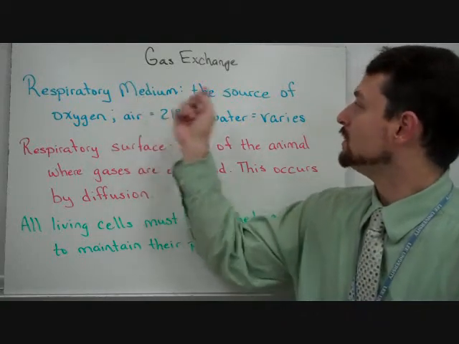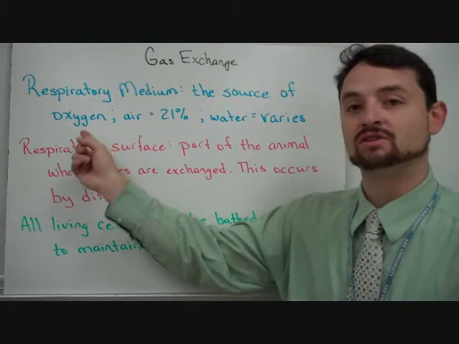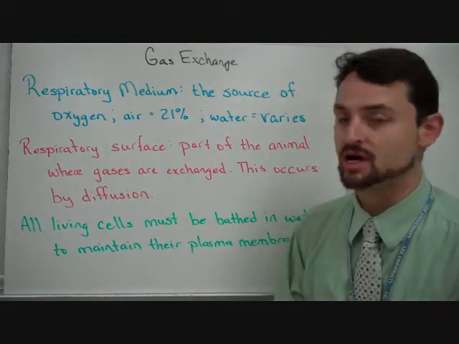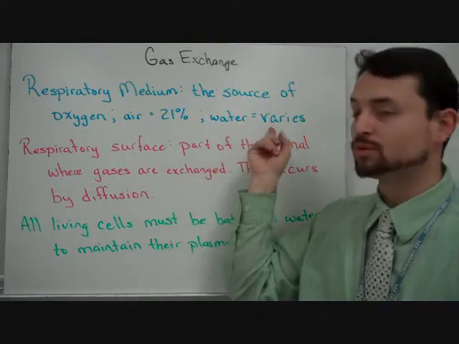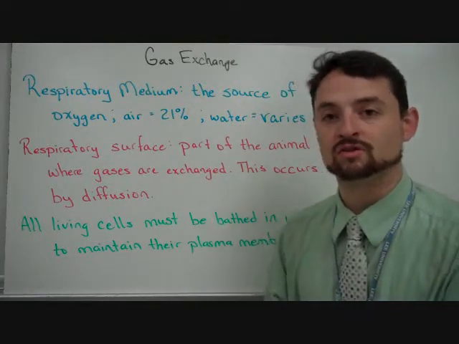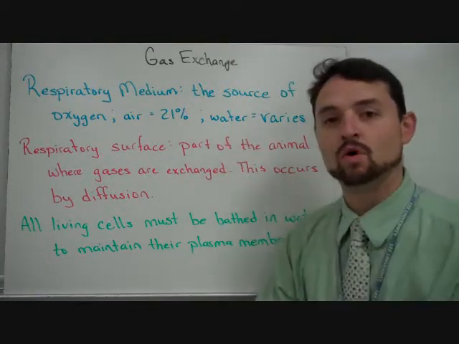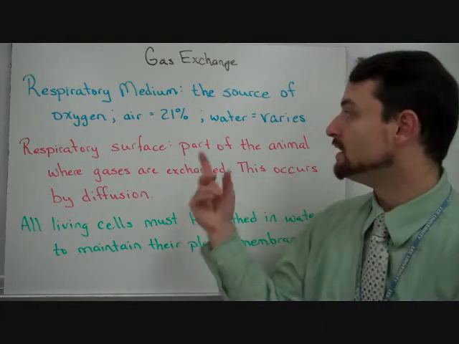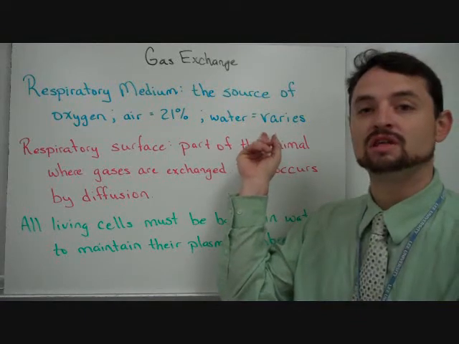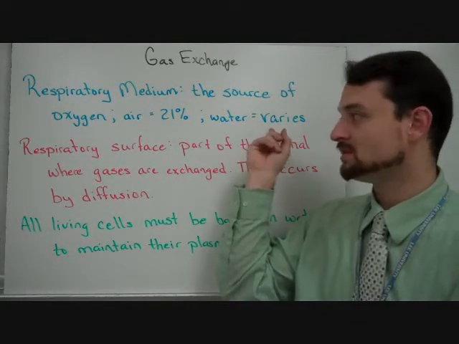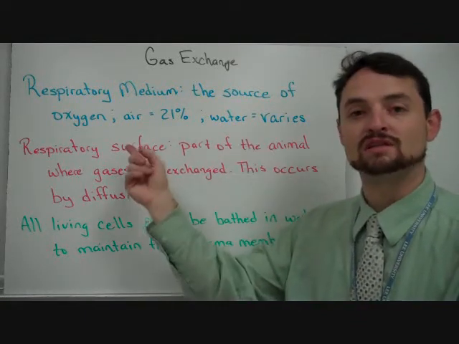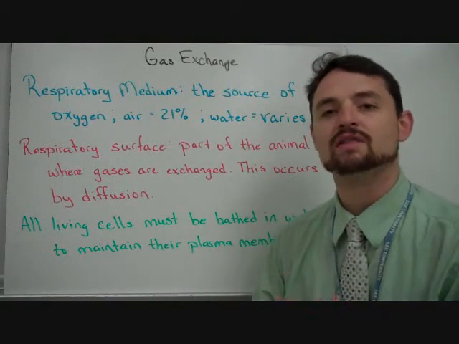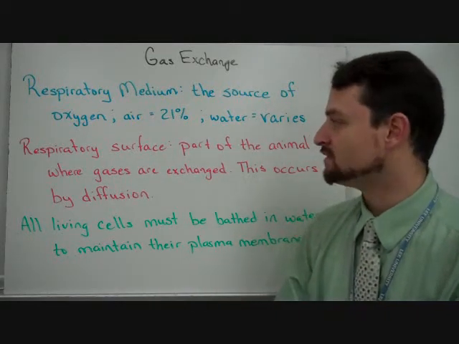Respiratory medium, which is the source of oxygen. Two main sources here: air, which is about 21% oxygen, and water, which will vary. This was one of the things that we look for in water sources to look at what kind of life they may have, would be the percent of oxygen in that source. If it's good, then you expect to see a lot of life there. If that water source has a poor oxygen supply, then that will obviously diminish the life that you find in